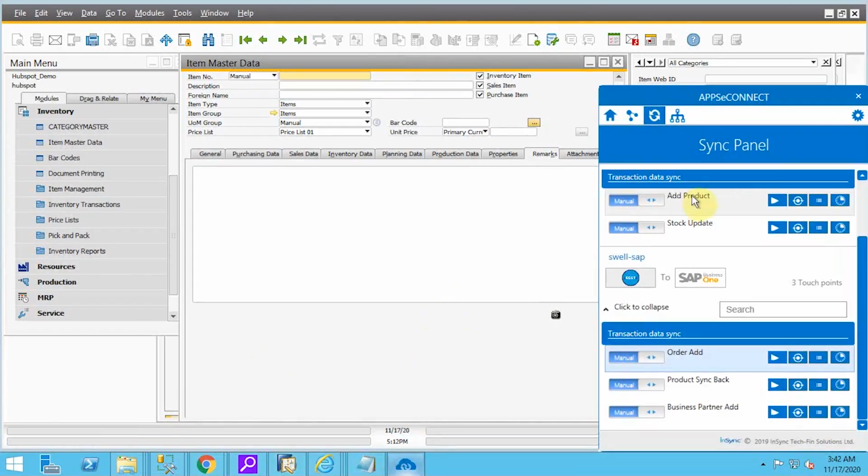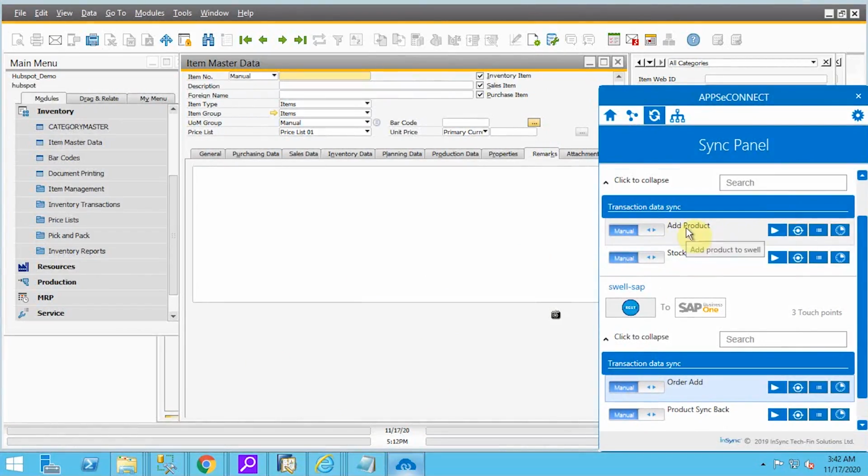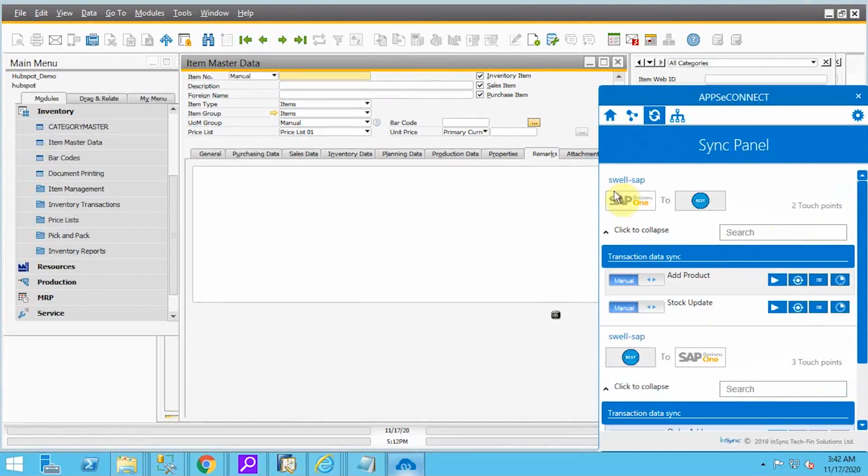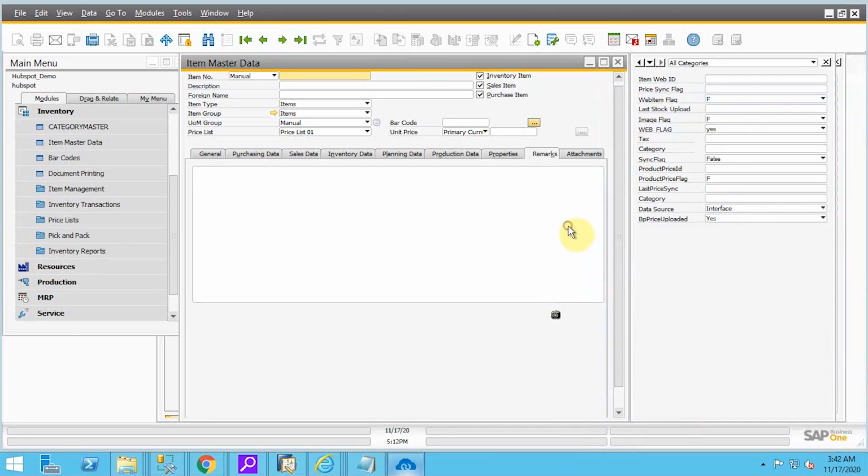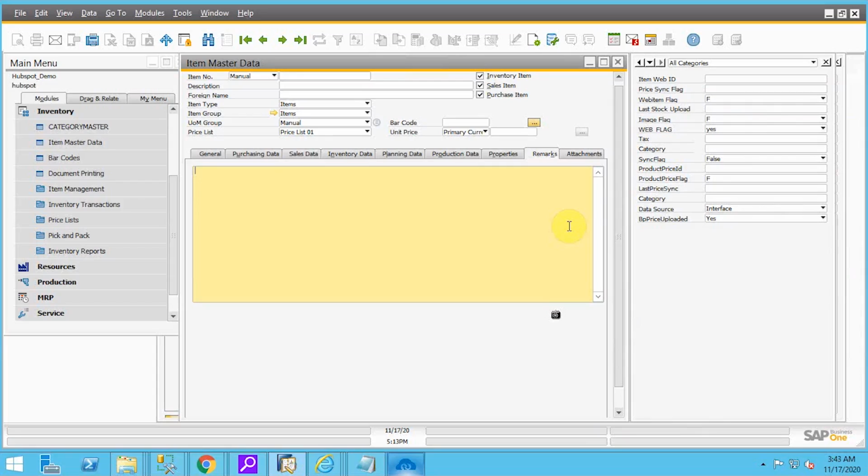I'm quickly going to the agent and triggering this integration point, product add, in the direction of SAP Business One to Swell. So it is also a completely bi-directional process. If you have an existing item in the Swell e-commerce platform, or if you want to create a new item in the Swell e-commerce platform